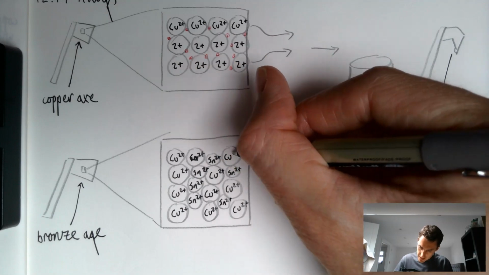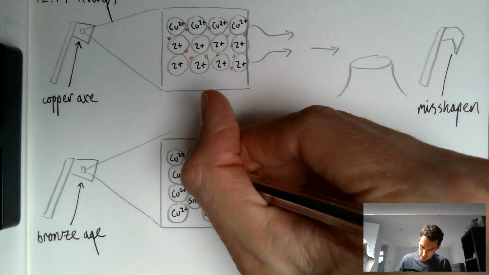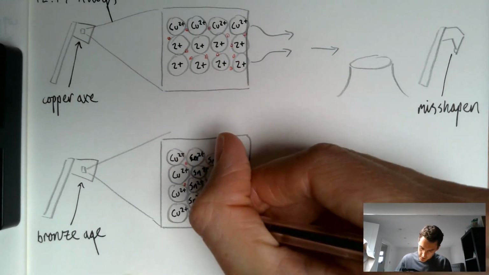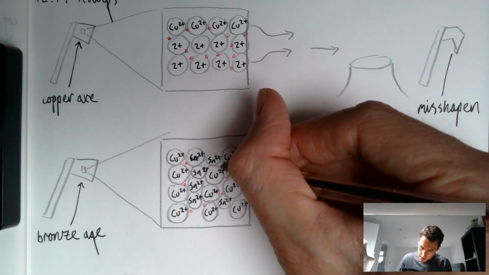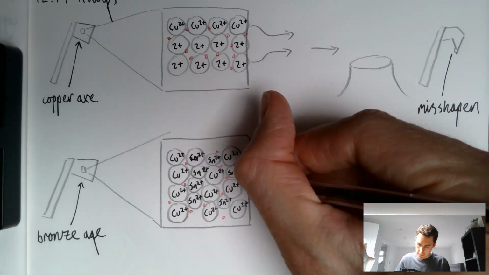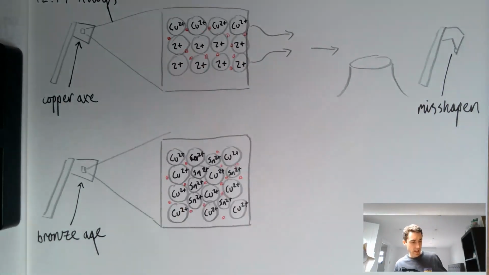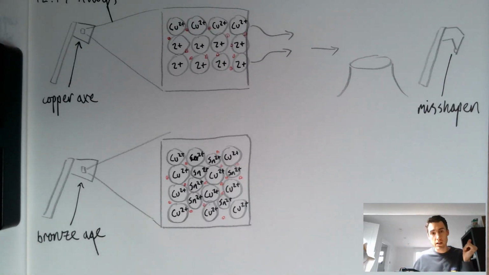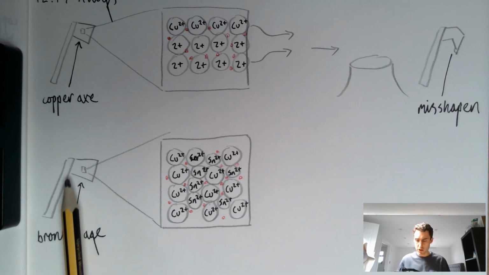You're still going to have your delocalized electrons, so it's still most likely going to be a conductor because it's got some of those delocalized electrons in there, but it's no longer that lovely lattice that we had in the previous example. And again, you can either explain this directly or question students a bit on this to get them thinking. But the point is that when you whack your tree trunk with an axe made of bronze,